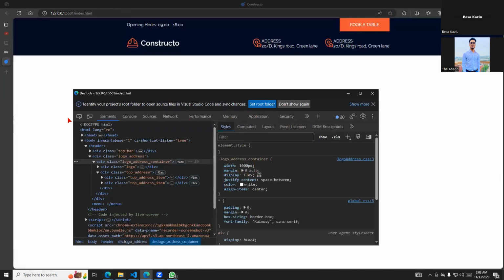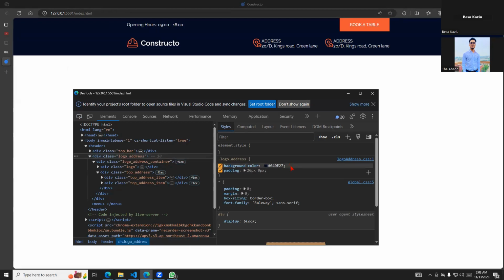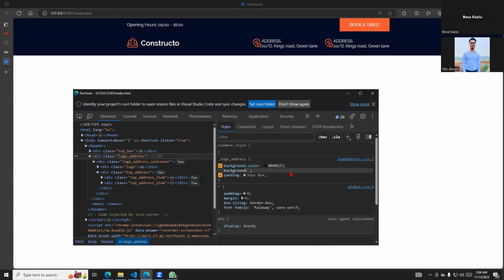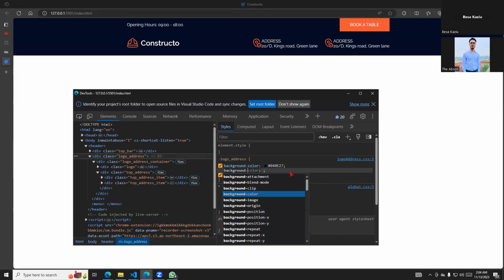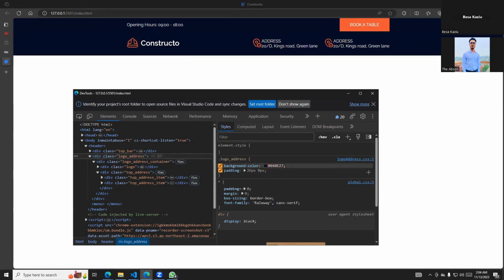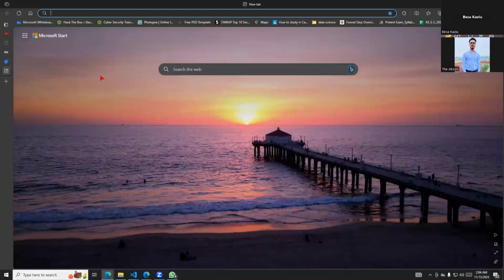Before doing that, let's also make this background opaque. There is a property in CSS called background opacity, or, oh, I remember. The way you make this background opaque is actually by choosing RGB values. Don't worry about this. I'm going to show you at the end of the session what those values are. But what I'm going to do now is